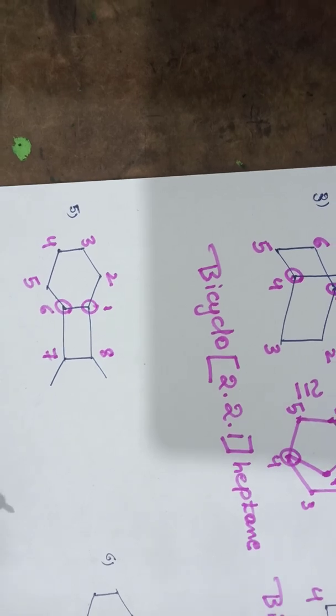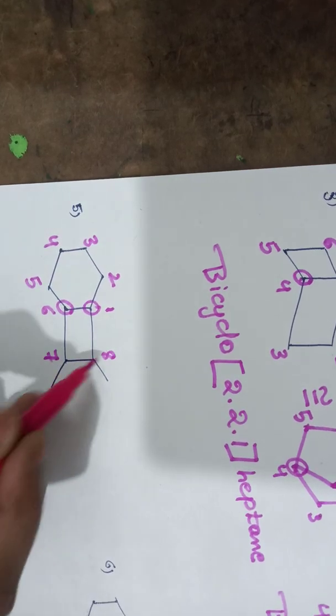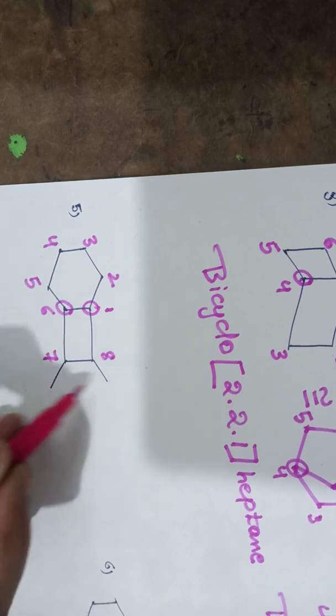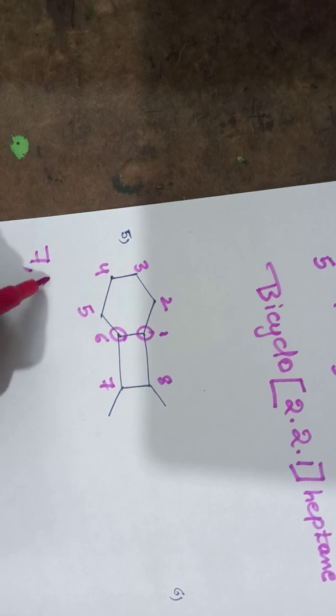We have already known that according to IUPAC, the substituents must come first, before the prefix. At 7th and 8th positions we are having substituents, and those substituents are methyl groups. So it has to start as 7,8